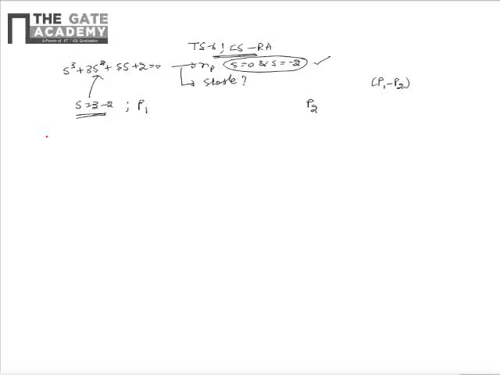So upon substituting s is equal to z minus 2 in the given polynomial, we see that the equation can be modified as z cube minus 3z square plus 5z minus 4 is equal to 0. Now let us perform Routh analysis to this equation. So the Routh array can be formed as shown. The entries in the first two rows can be written as 1, 5 and minus 3 and minus 4.